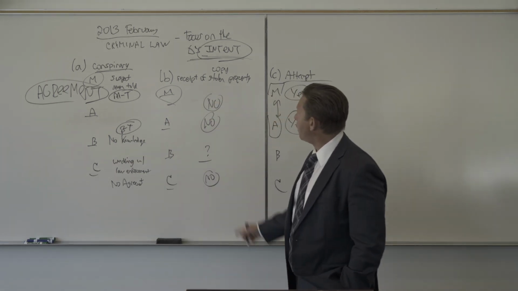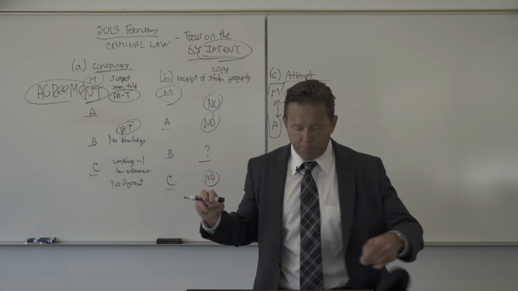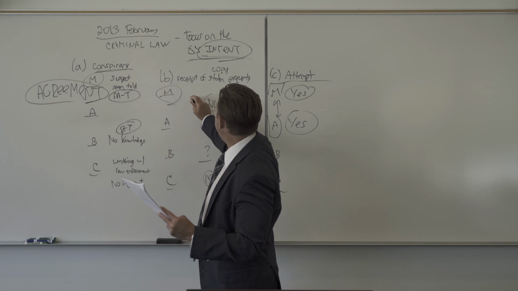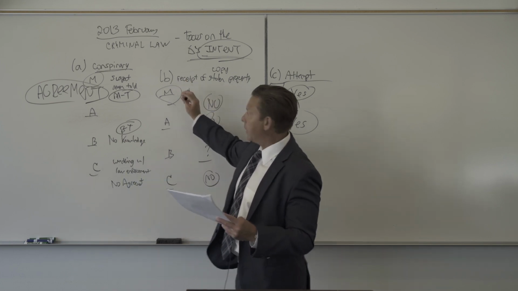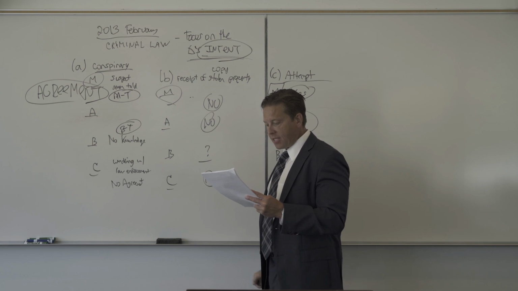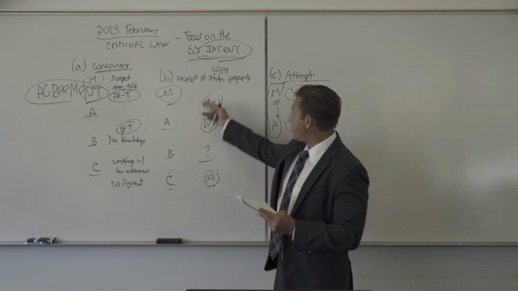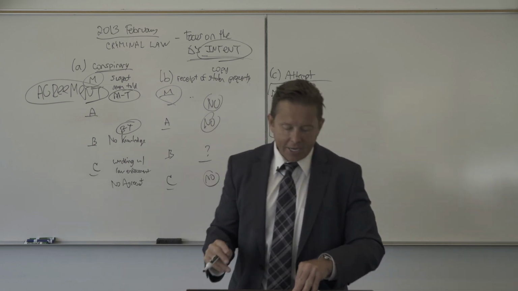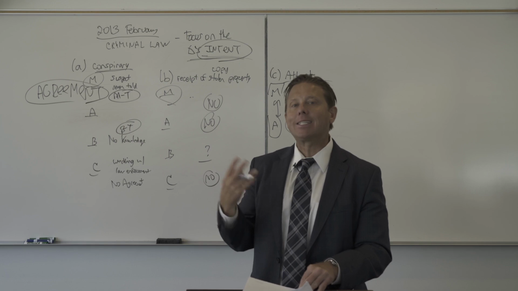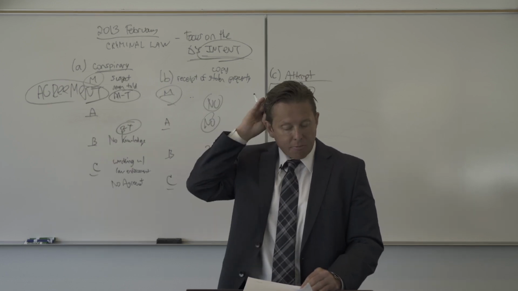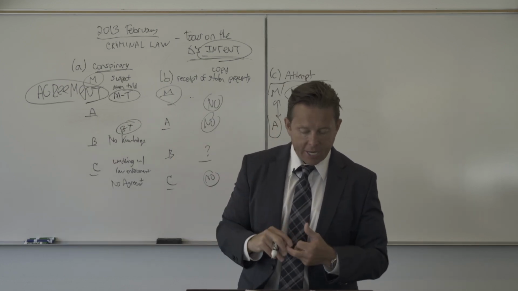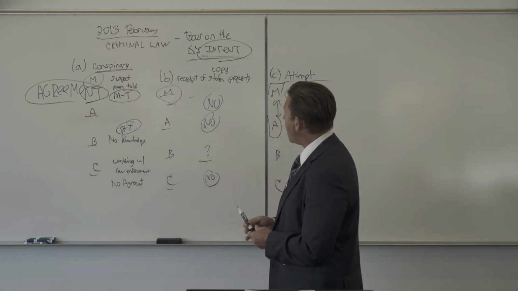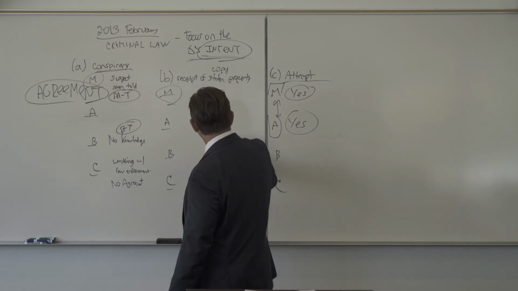Okay, receipt of stolen property in regard to a copy of the stolen painting. Well, M received a copy of the stolen painting, but it wasn't actually stolen. So no for M, no for A, because again, they only received a copy of it, no for C. So M, A, and C are exactly the same under this section. Now B, because it says a copy of the stolen painting, it doesn't retain its stolen status, it's a copy. Now if B later gets receipt from Ted of the actual painting, then he would be guilty of receipt of stolen property, but that hasn't happened yet. So this is going to be no for right now as well.